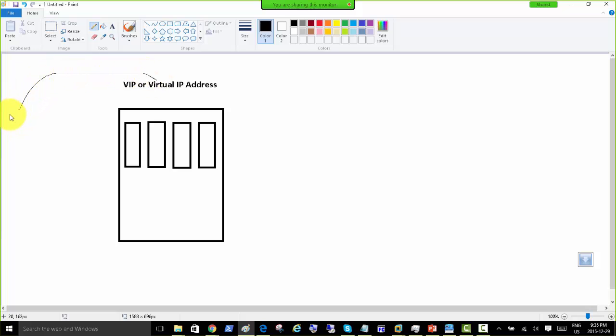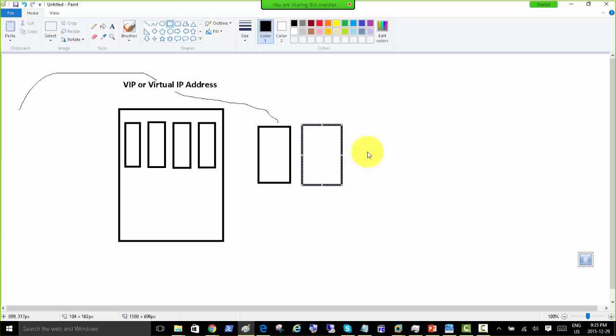This IP address is given to the clients to connect to the services that are being offered by Citrix farm. If there are multiple servers here, you cannot give all the clients